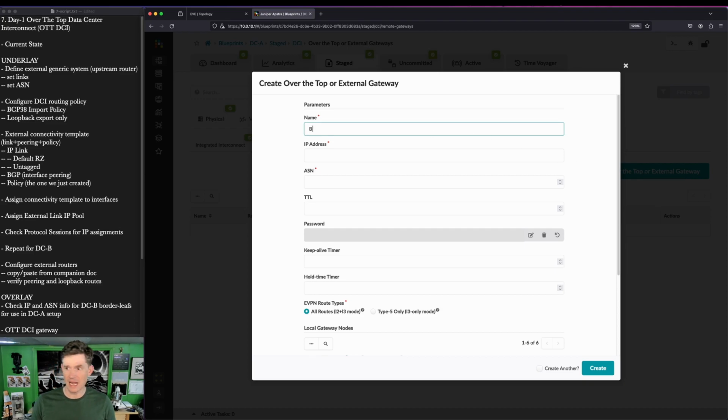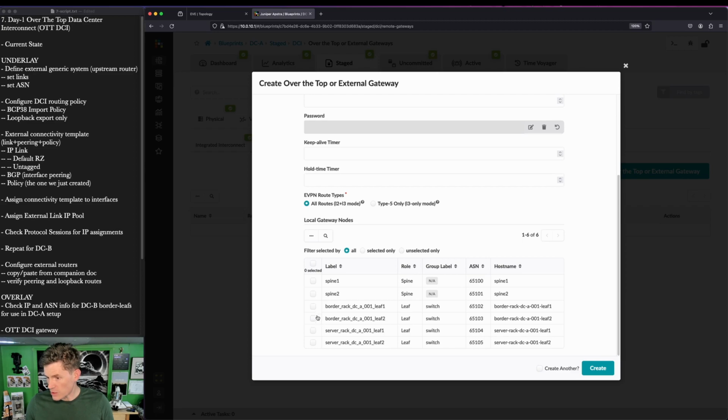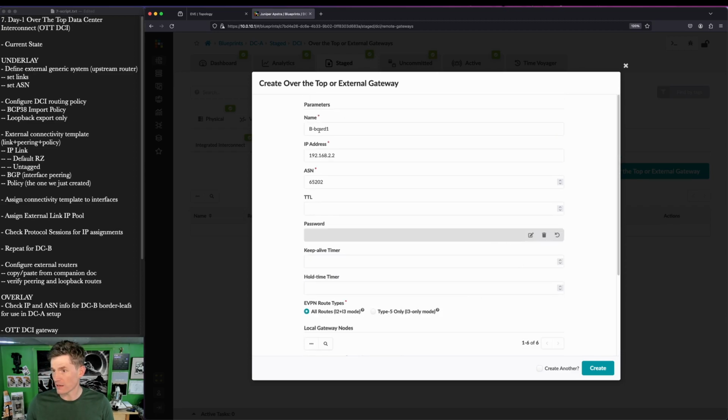We'll give it a name. We've got 2 gateways to define because we're peering between the border leafs. We're not meshing them, so there's just 2. 192.168.2.2. That's the loopback of the remote gateway. That's why we have to do the underlay first for obvious reasons. Hopefully I don't have to explain that. And the local gateway that's going to connect to is this border rack leaf 1. So we've got B border. Actually, let's type that all out